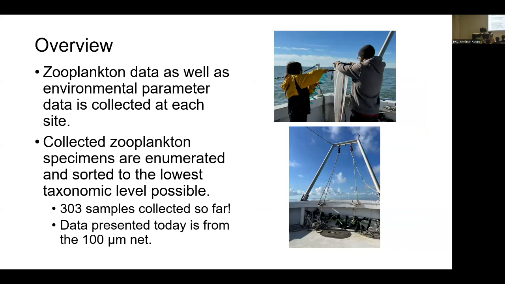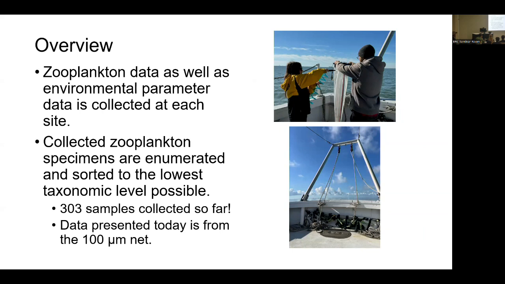So we'll take a surface water sample that is taken back to the lab and processed for chlorophyll via fluorometry, and then also take temperature and salinity data with a YSI. For the big money moment, which is the plankton tow, we have 2 nets, a 100 micron net and a 200 micron net that are towed horizontally behind the boat, pulled back up on board, rinsed, preserved on board, and